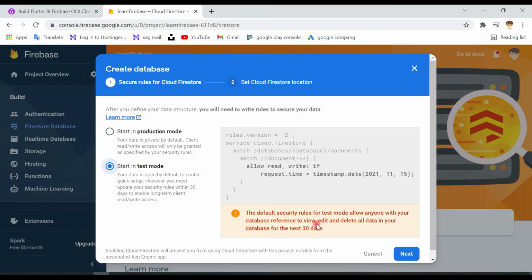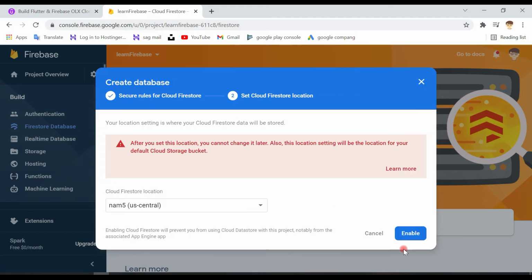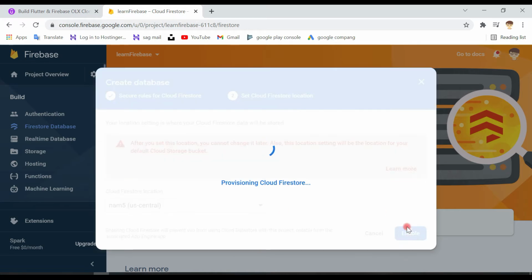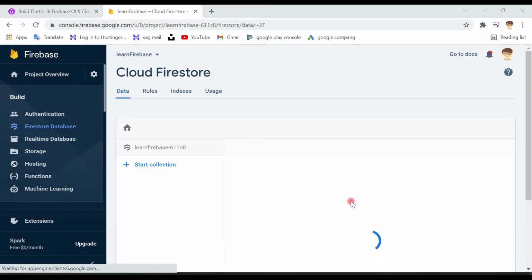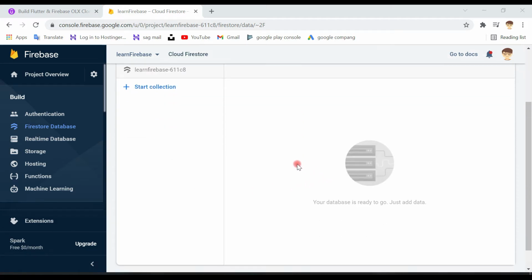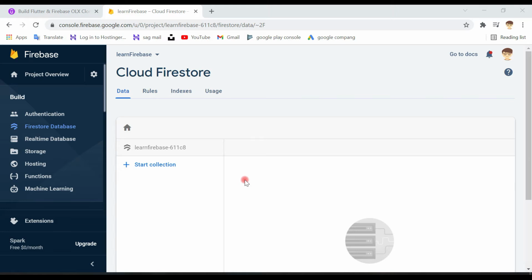Click next and click on enable. And as you can see, our database has been created.